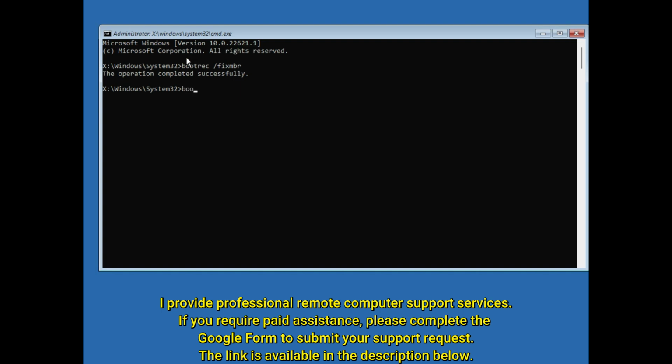Next, bootrec /fixboot, then again hit enter. No worry if it says access denied. Then next,